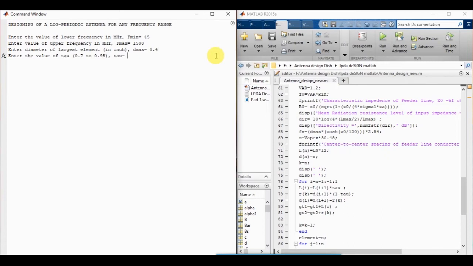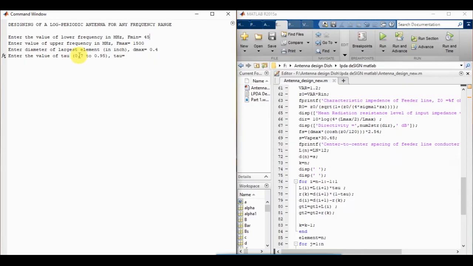The value of tau will define the design length of the structure. For the frequency 45 megahertz, the wavelength will be very large, so we will use tau minimum, so this will give a small structure,